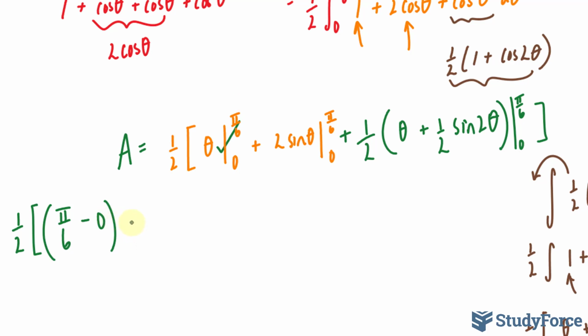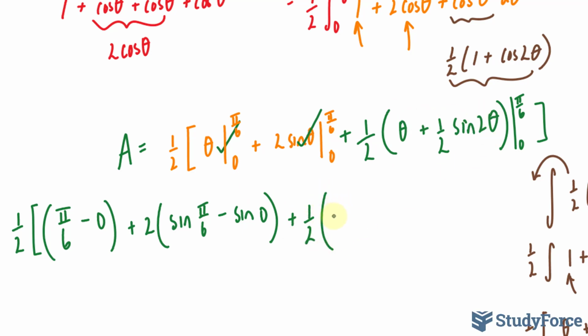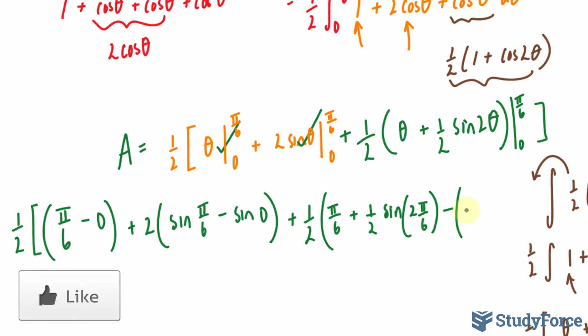We have 2 on the outside, sine pi over 6 minus sine at 0. That part's done. Now, for this last part, I have half on the outside, and for this, I have pi over 6 plus 1 over 2 sine 2 times pi over 6 minus 0 plus half